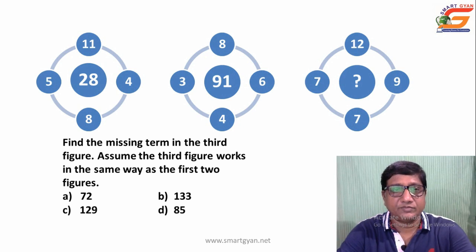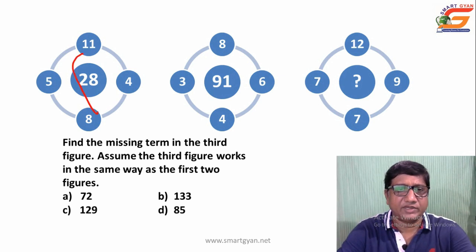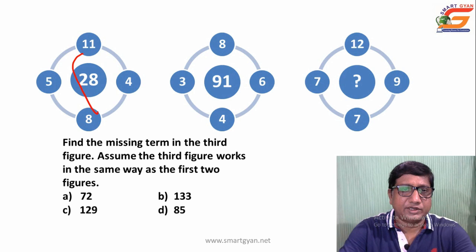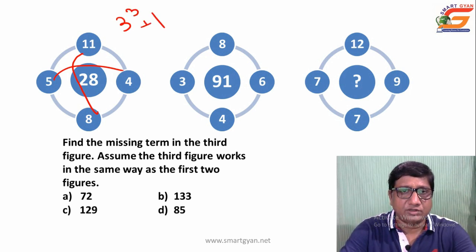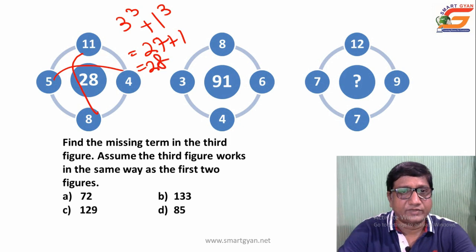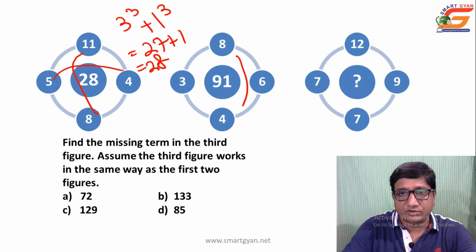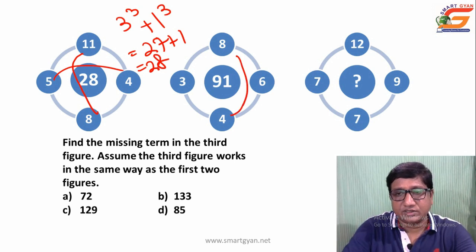Then 11 minus 8, that is 3, and 5 minus 4, that is 1. Yes, it is possible. 3 cube plus 1 cube, that is 27 plus 1, that is 28. Yes, that is the cube of opposite differences